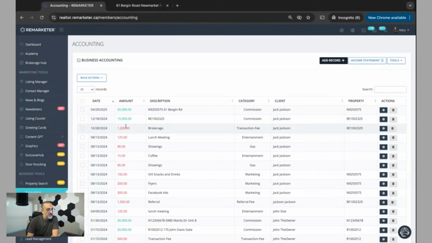Because if you take that $1,200, which is the brokerage transaction fee, and deduct it from the $15,000 that you're getting in here, so that's what they will do, and they will cut you a check, right? And then you just take that amount of the check and you add that in here, then you don't have an ROI on your brokerage. See, that's another thing that you have to keep tracking as well. So you're going to be able to